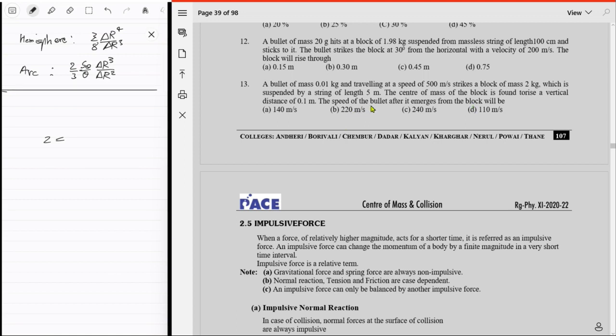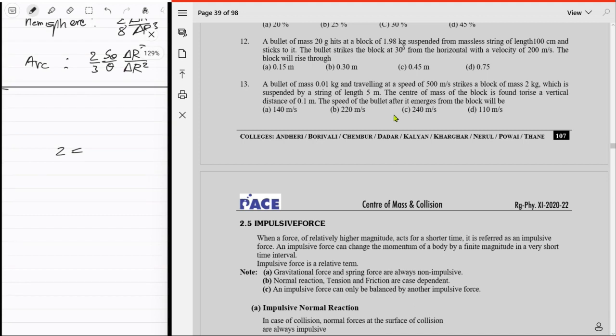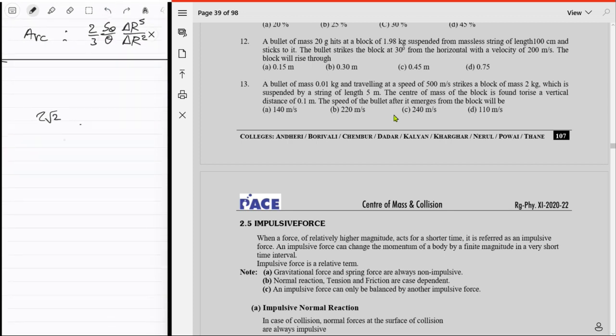So 2gh is equal to v squared. So the velocity of this guy is square root of 2 initially. So what do you have? Square root of 2 times this guy's mass, which is what is this guy's mass? 2 kg. So it's 2 times square root of 2. Right. That upon the mass of this guy, this block. So it's 10 power into 2. So it's just a 10 power. 200 square root of 2